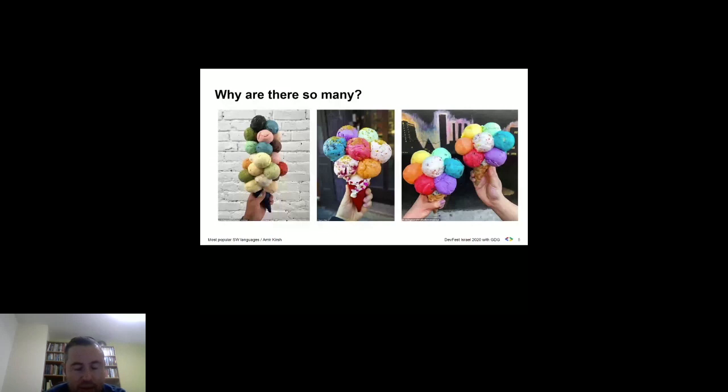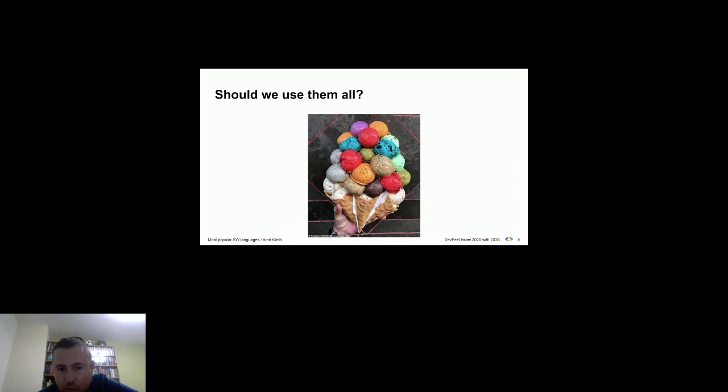And with software languages, it's a bit different than spoken languages because there is some kind of relevancy to the domain. So it might be that there is a need for more than one language, but eventually we do not need to speak more than a dozen. So let's pick our dozen, or let's pick our software languages of our choice. So the answer, should we use them all? No, we should not. We should pick the right one.